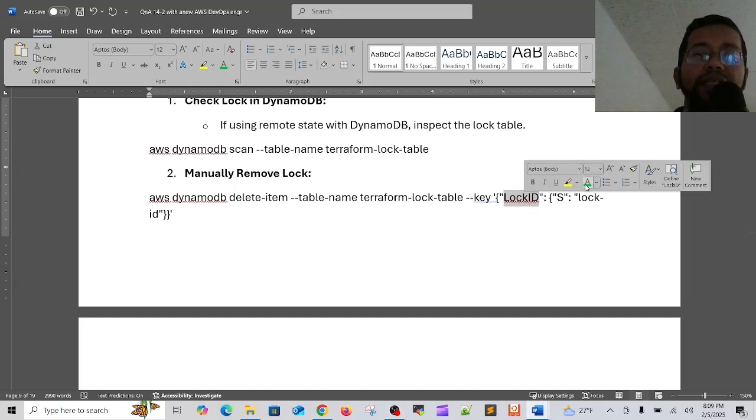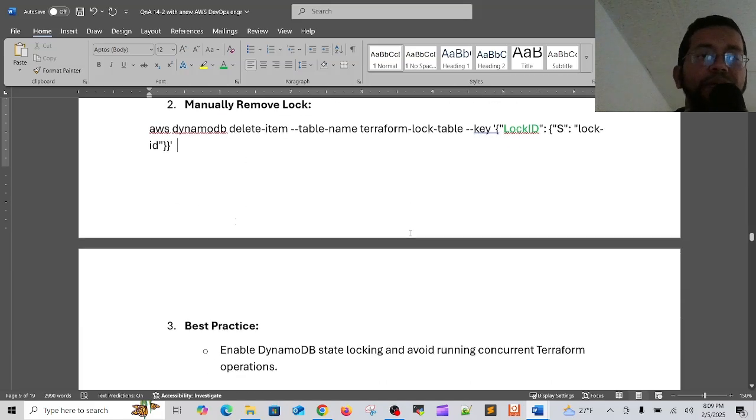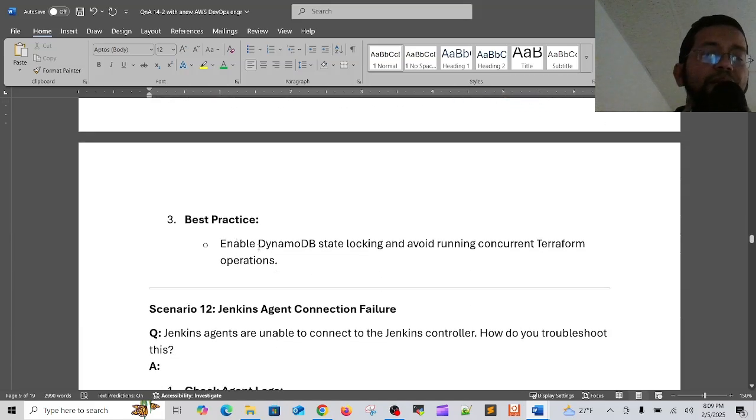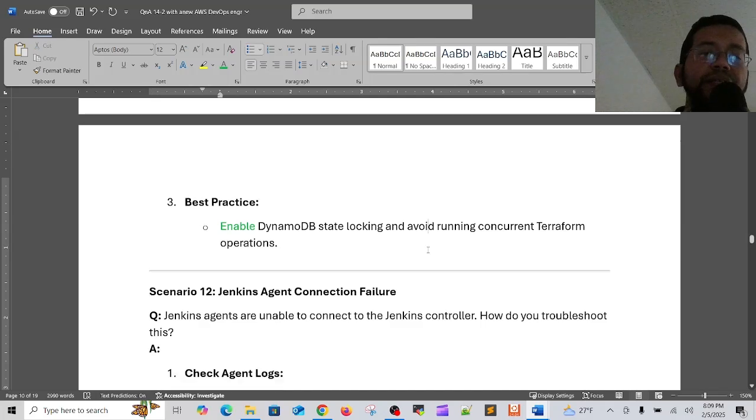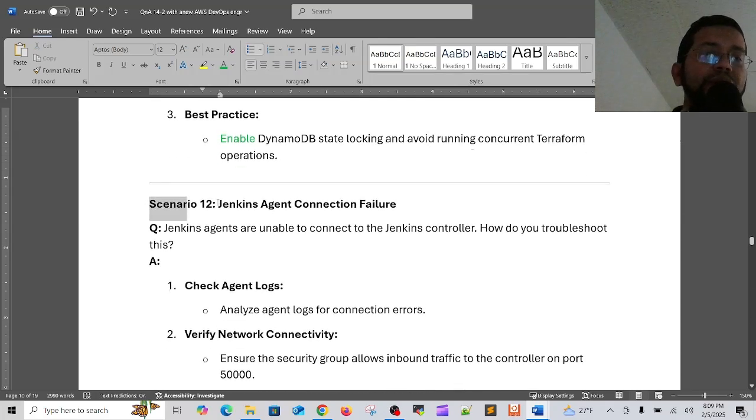Just keep in mind that LockID. The best practices: enable DynamoDB state locking, and avoid running concurrent Terraform operations. Then scenario 12,